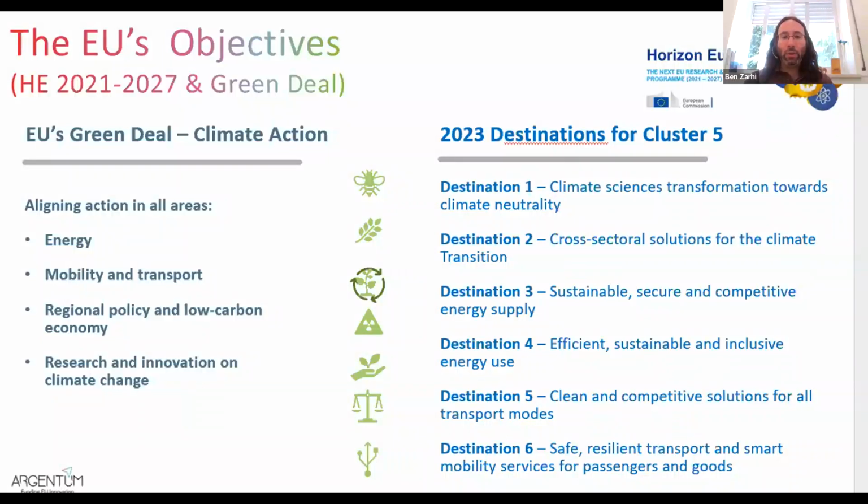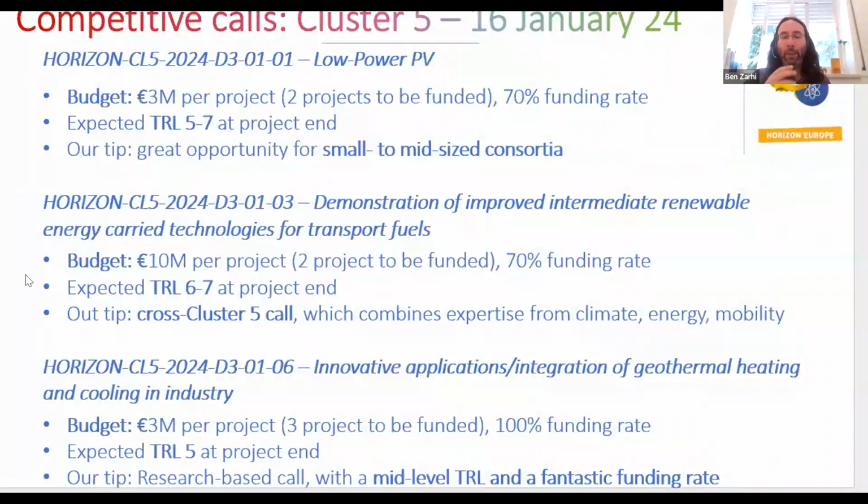So let's look at options that cover all the topics of climate, energy, and mobility up to April 2024 within Cluster 5 of Horizon Europe. What we have here are, first of all, the batch for January 24. And we have 3 calls here. I'm not going to go over the details, particularly. What I wanted to highlight here is a couple of things. First of all,